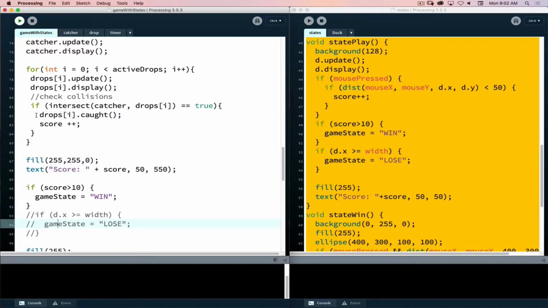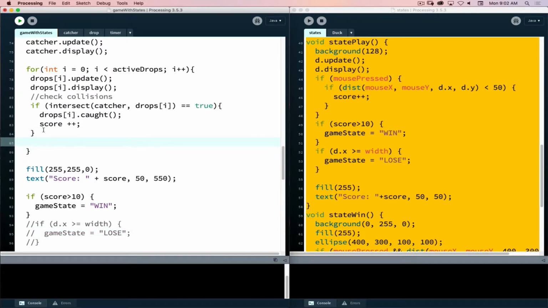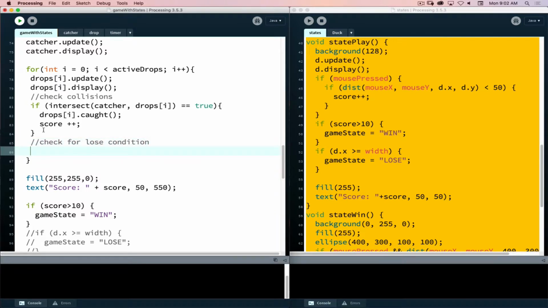So we can check collisions. That determines if we have lost. We could set it up so that if just one single drop goes off screen, then we lose. This is just one option, it's however you want it to be. But if I say that if it goes off screen, I lose, so if